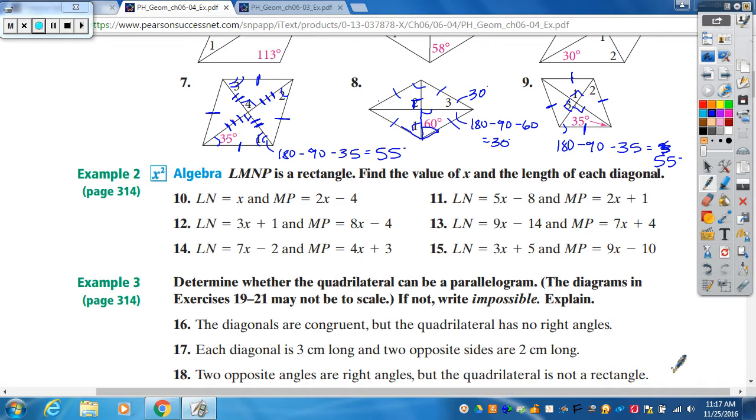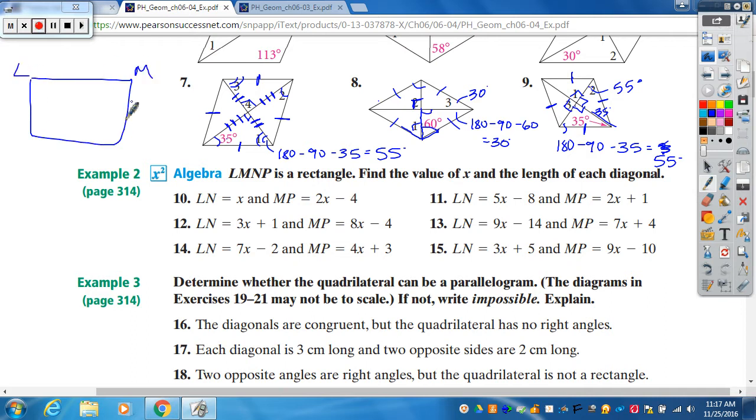Okay. From there, this angle here, because it's an isosceles triangle, will also be 55 degrees. Okay. You could also go, well, I know that the diagonal bisects the angle, so that's 35, this is 90, and figure it out that way as well. Just trying to give you some options there, but I hope that those problems were not difficult for you. Okay. Number 10, we have a rectangle,